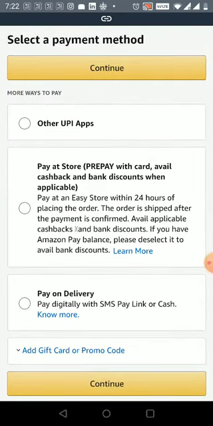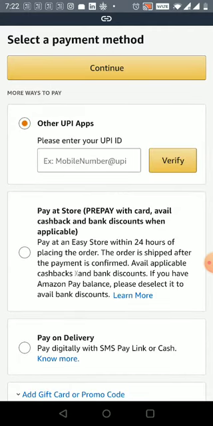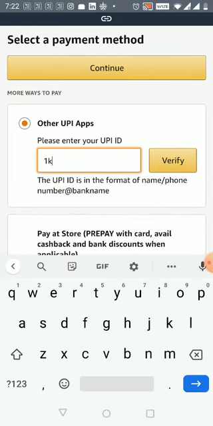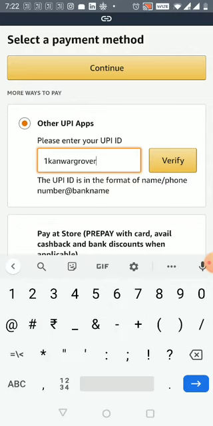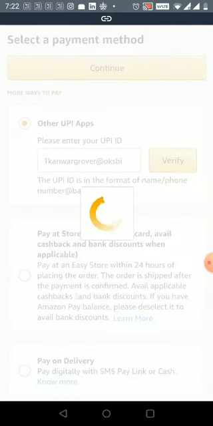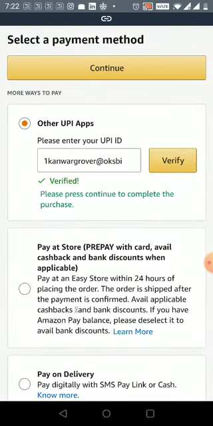So this time we will try and use a UPI app for payment. As it says, it's a verified account. Once it is verified, we can continue to click on continue.